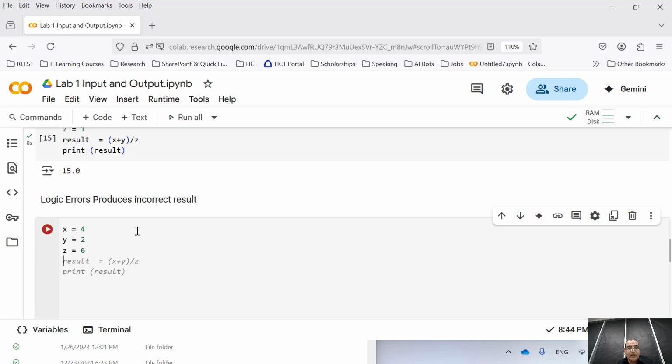So now I want to calculate, say, for example, average mark, and the average mark actually equals x plus y plus z divided by 3. Now we want to print